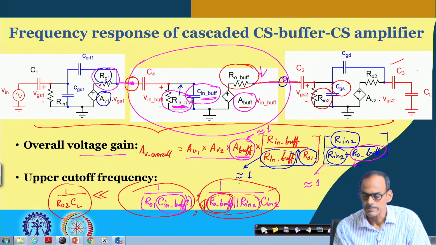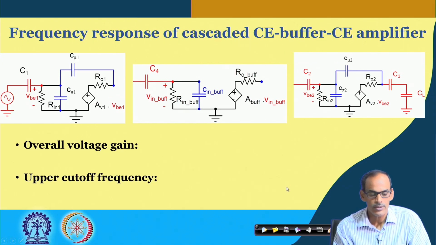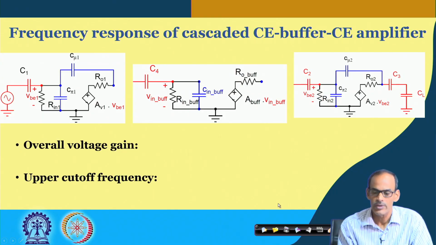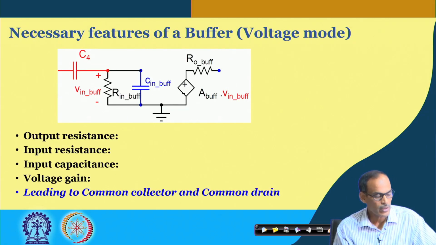So, in summary, the requirement of the buffer is the following. Okay, we can get a similar thing for C followed by buffer and C. So, I will not be repeating this part. You can do it yourself. Now, what we are saying is what are the necessary features of the buffer,